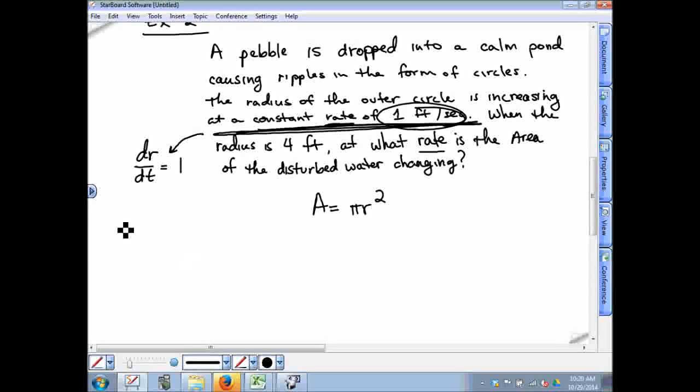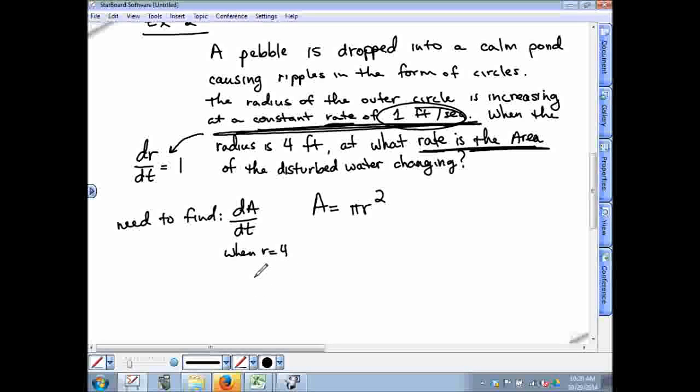What else do we know? We need to find, what do we need to find? When the radius is 4 feet, at what rate is the area changing? So is that A? What is A? Are we trying to find A or dA dt? They want the rate of the area change. We need to find dA dt when